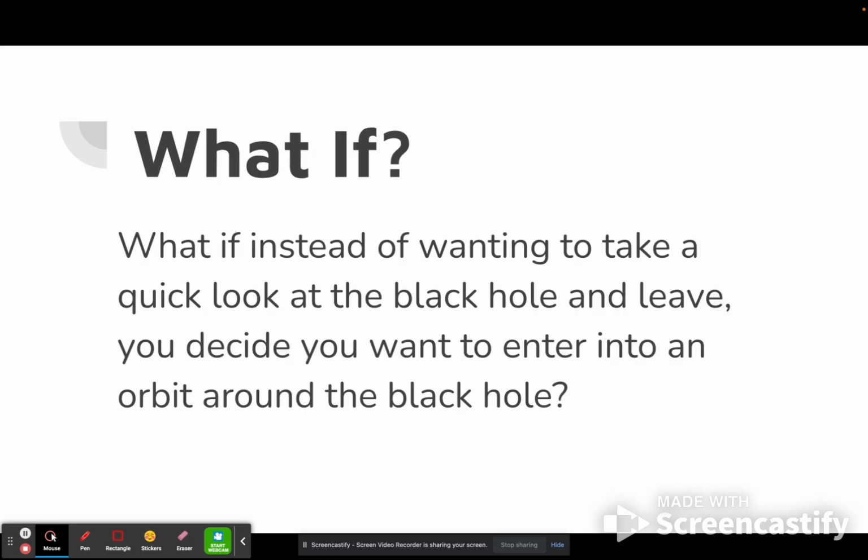Lastly, we must ask ourselves, what if? What if instead of wanting to take a quick look at the black hole and leave, you decide that you want to enter it and orbit around the black hole? So the initial velocity of the spaceship would have to change in order to enter some kind of orbit around the black hole. The velocity to enter the orbit would most likely need to have a smaller x component and a larger y component. And I found this out